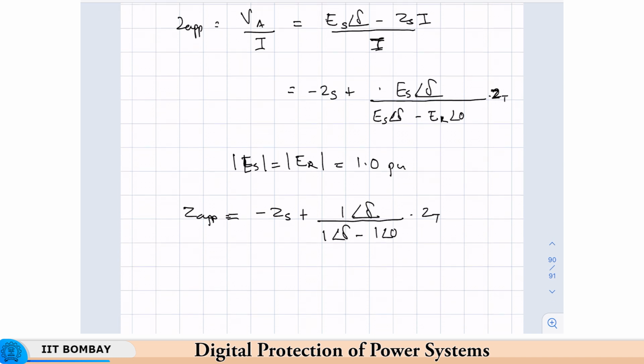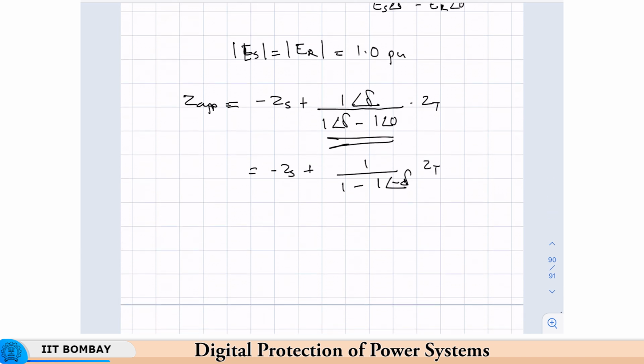Now, here in this term, I will divide the numerator and denominator by 1 angle delta. So, what I will get is minus Z_S plus 1 upon 1 minus 1 angle minus delta, into Z_T,